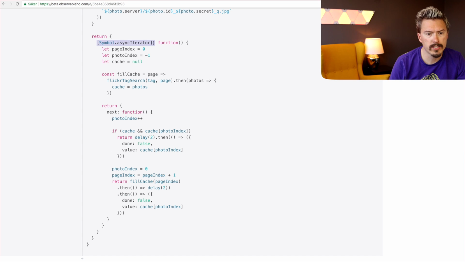When it starts looping, it's going to call this function to get the iterator. And see what's happening here. See that it sets up a couple of variables to keep track of the page index and photo index, because it's going to be iterating these things. And also sets up a cache because